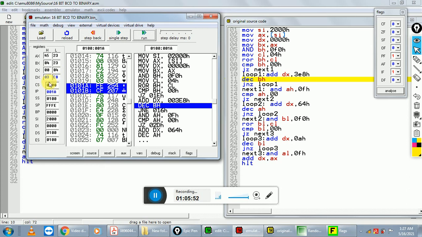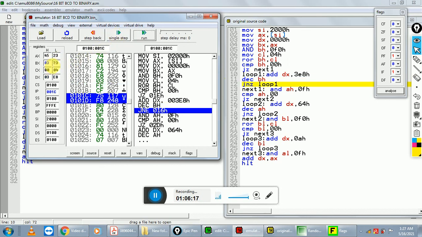So in DX we add the number 1000. Its hexadecimal value is 03E8. Okay, and after that decrease BH by 1. So this is the BH register. Here we use the BH register as a counter. So decrease this BH value by 1, which means 3. JNZ.